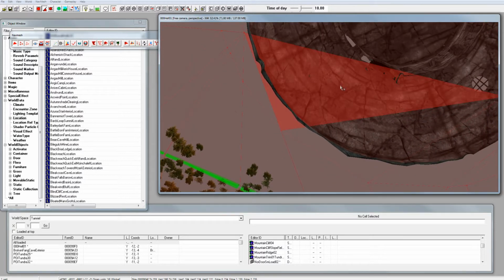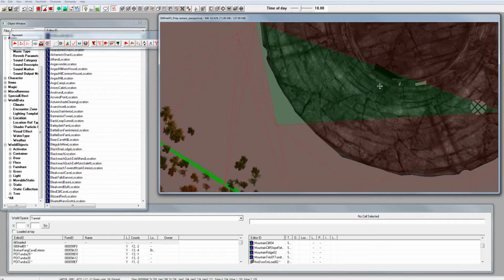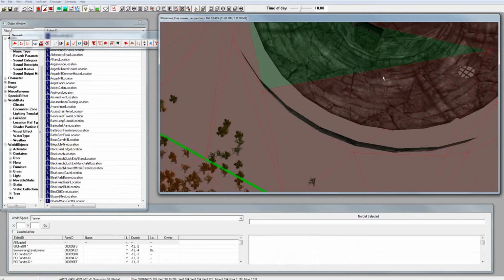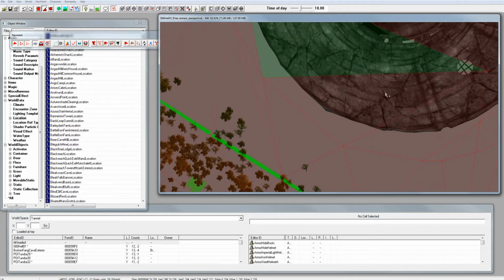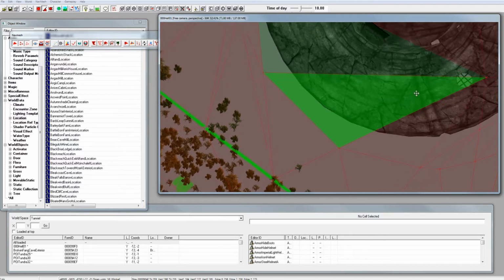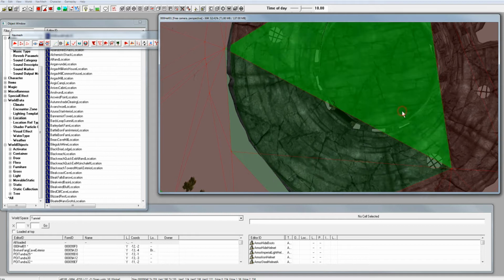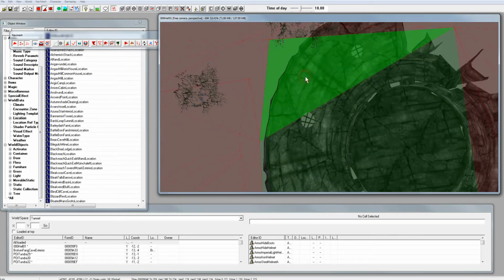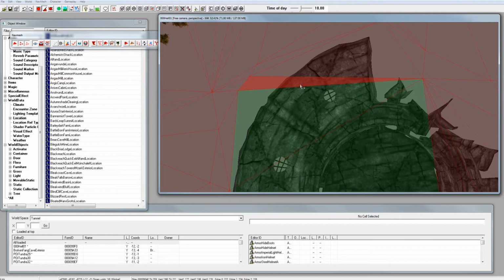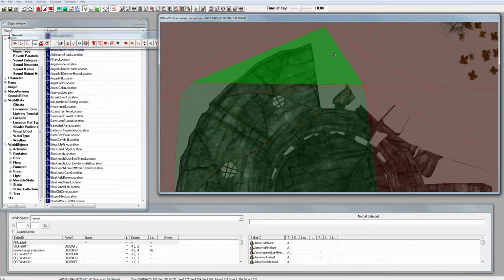So this is fairly easy. You just go ahead and select the Navmesh here. You have to actually go around and place your vertices and use the vertices to make the line around the structure. So now that I've got the line around the structure, I'm going to select all of the Navmesh that is inside of my structure. This one